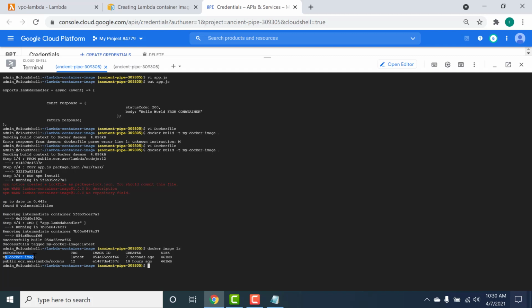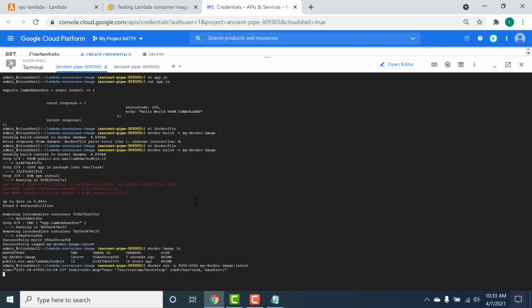Let's run this particular image before we upload it. To run it, you just need to run the docker run command and then give the name of your particular image. The name of my image is this, and the tag is latest.